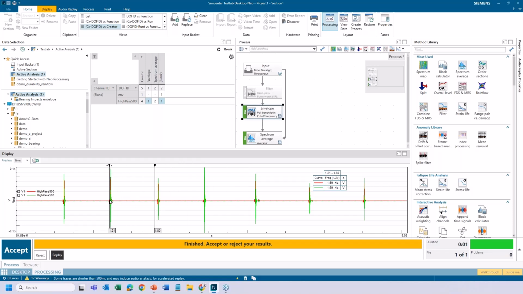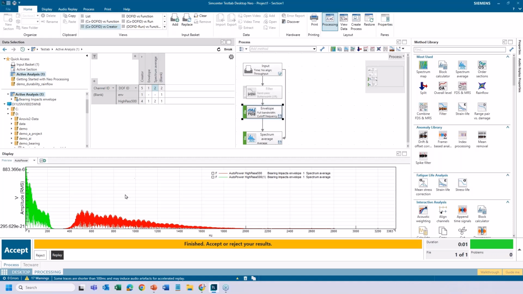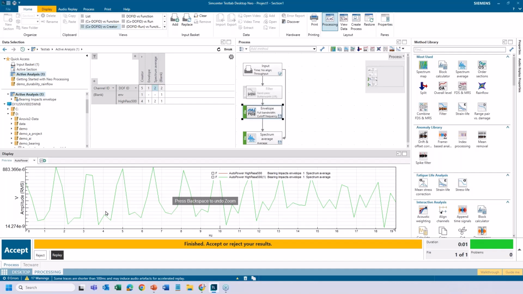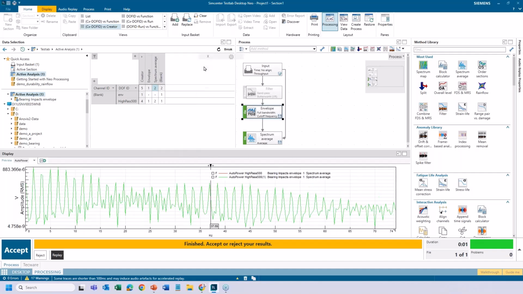Whoever was making these hits, it's not super consistent, but it's a pretty low frequency event. If we were to look again back at the spectrum, is there a 1.6 hertz component in the red, which is the FFT of the impacts? No. If I zoom in though, and I get pretty low in frequency here, and then I put on a cursor, this is the FFT of the envelope, and you can see that right around 1.6 hertz there are some harmonics of it. The envelope actually has the frequency at which the impacts are occurring, right?